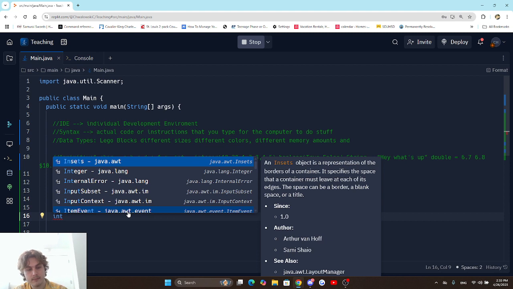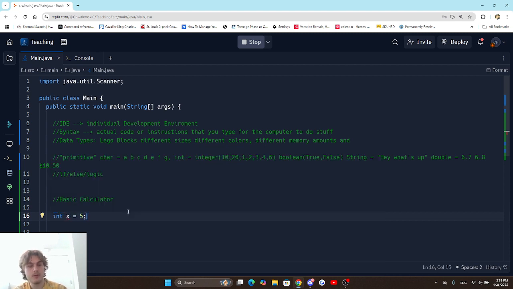So like we said with the data types and the syntax, to make an integer, you just do int x equals 5. And this is basically saying this integer, or whatever I'm going to assign this to, is an integer. And then the name of the integer is going to be x. And we're going to set it equal to 5. And in Java, you just got to end those assignments with a semicolon. So let's say we do integer x and integer y equals 10. And then we do